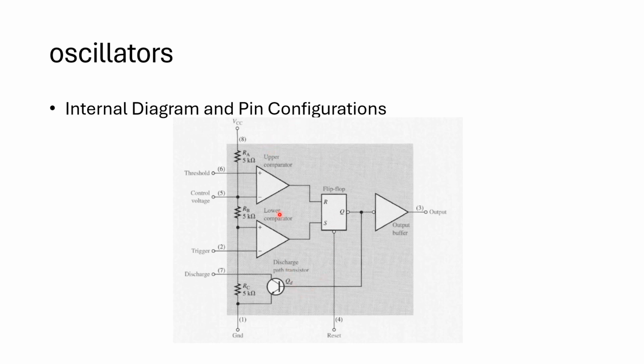All 3 resistors are inside, within the box. What you can see are only the pins outside your 555 timer. All 3 resistors are of equal value. So the upper comparator has a reference of 2/3 of VCC, and the lower comparator has a reference of 1/3 VCC. So it can be used as an oscillator or a one-shot multivibrator.